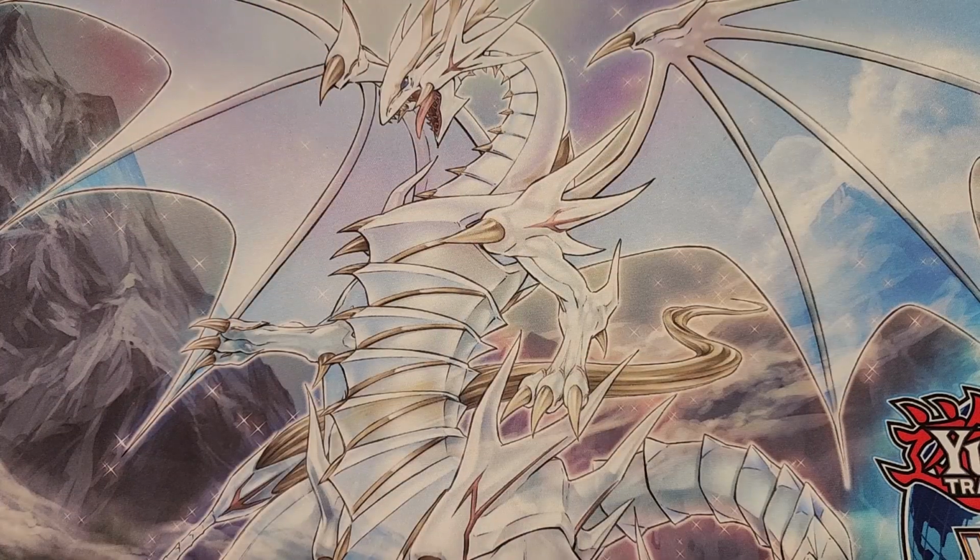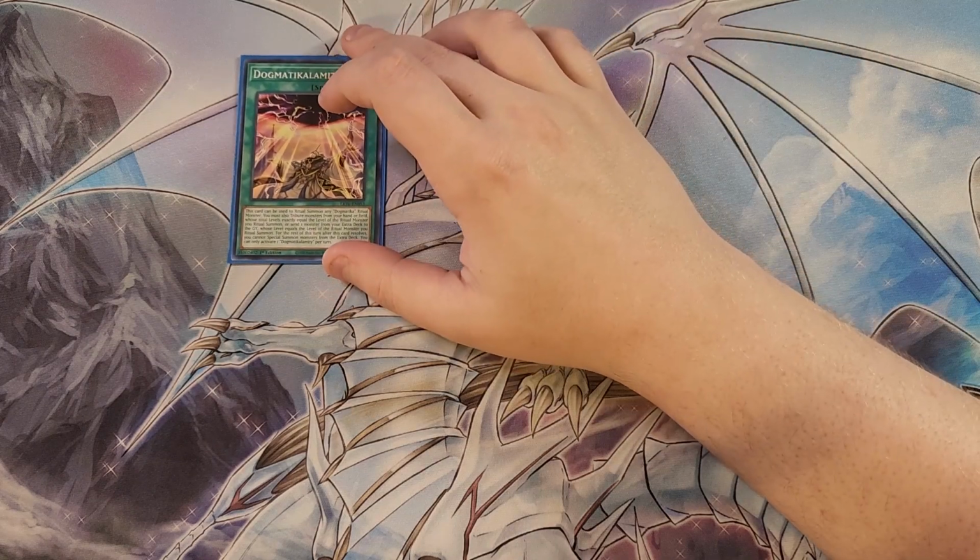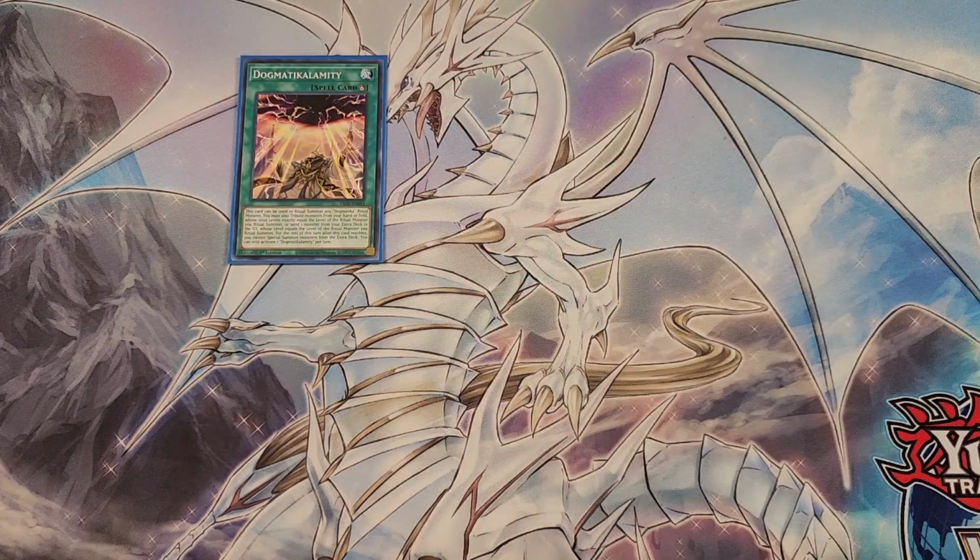So for the spells, we're going to be playing a single copy of Dogmatic Calamity. This is just searchable off your copy of your incantations, and it's how you summon out your copy of your White Knight. But this card is super good because this card can be used to ritual summon any Dogmatic or ritual monster, and you must also tribute monsters from your hand or field whose total level exactly equal the level